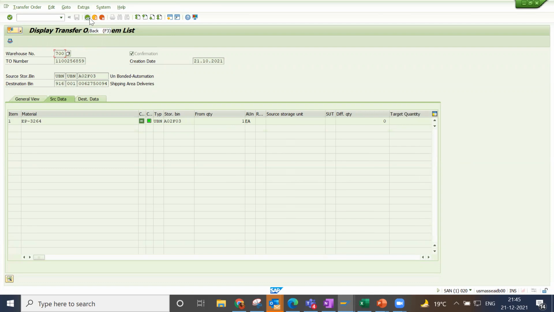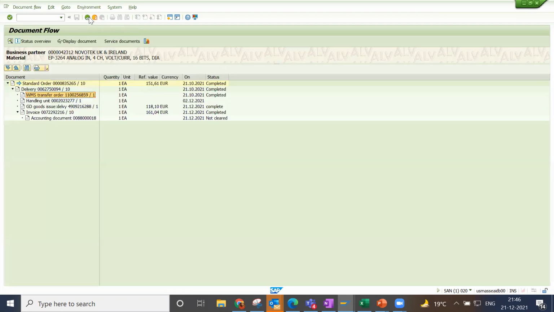See here, when the sale order is created, we go for WM warehouse management in scenarios where the company is not procuring the goods at the plant level. If you see Amazon and Flipkart, they do not have plants. They always procure the goods in warehouses. So when the delivery is created, the system always creates the WM order, that is the transfer order.